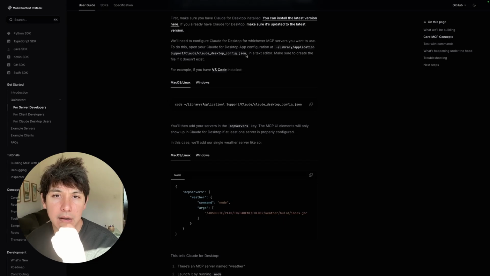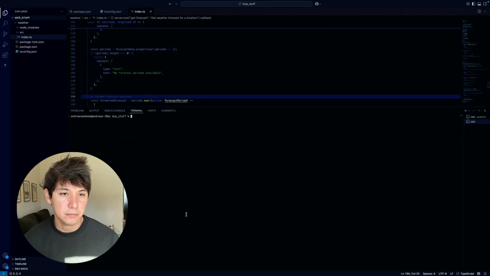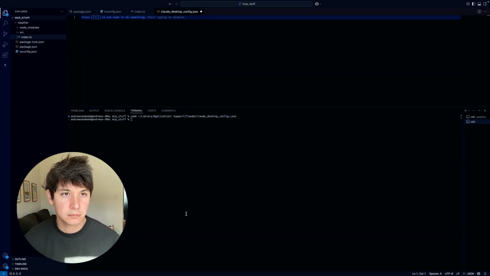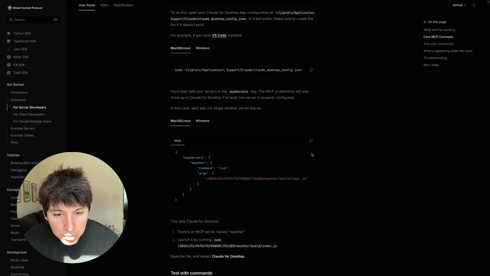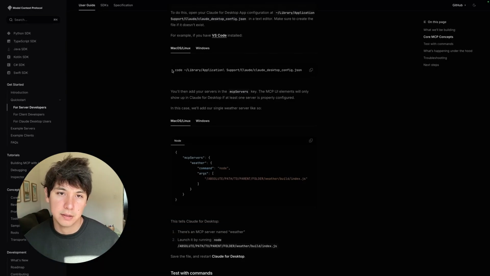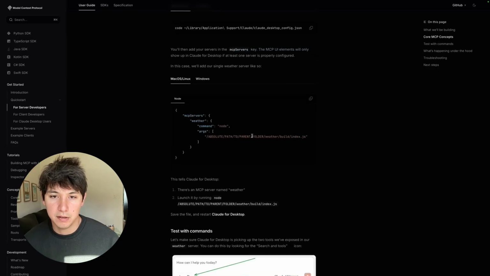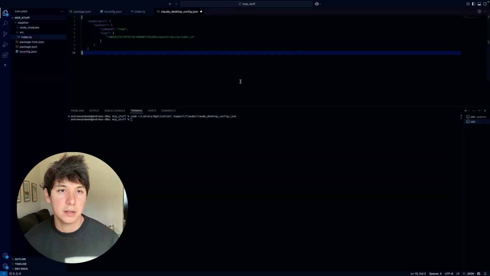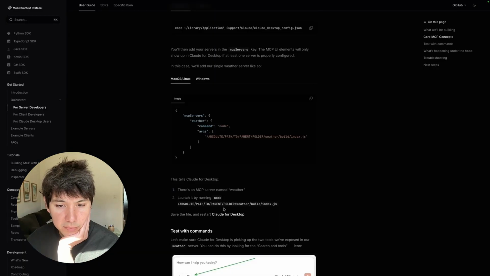All right, code. Oh, okay, that's not bad at all. Okay, I don't have to, let's see. All right, this is such a nice time saver, you know. Absolute path, parent folder, weather, you know. Okay, so we can hit save here, and this is probably like, we have to replace that, launch it by running